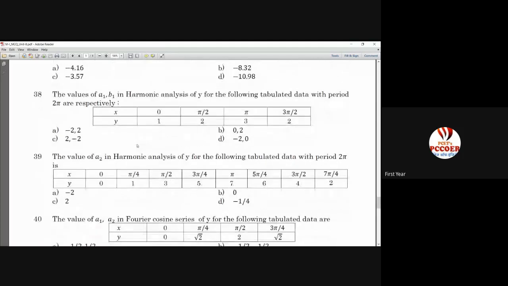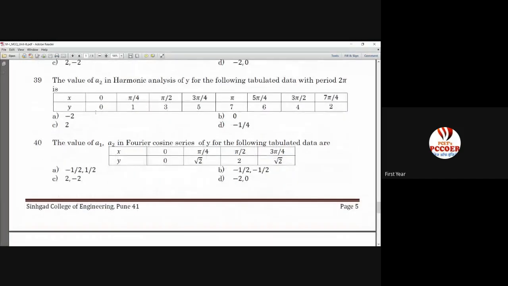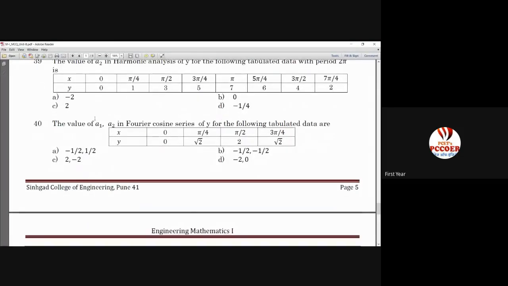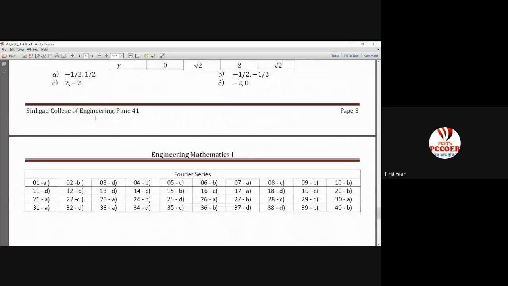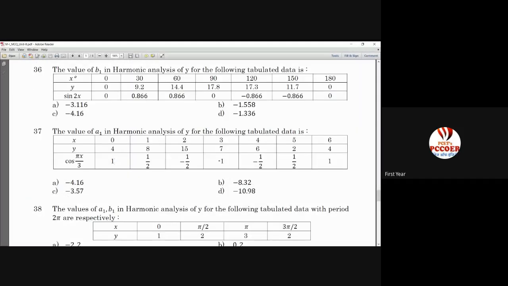Okay, and similarly again A1, B1. Such a type of question definitely won't be there in your MCQ, finding the values of A1 as well as B1. It is a question of 4 marks rather than 2 marks. Even you will be asked questions of 1 mark. At maximum you will be asked A1, or you will be asked A2, B1. Is there any doubt in unit number 2?